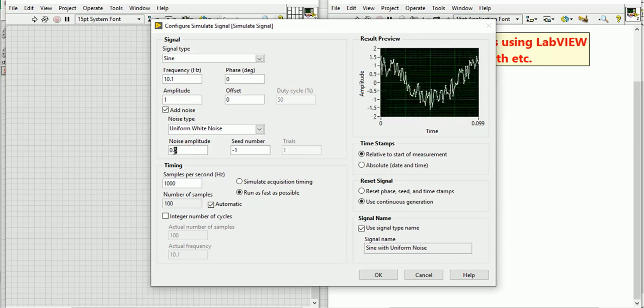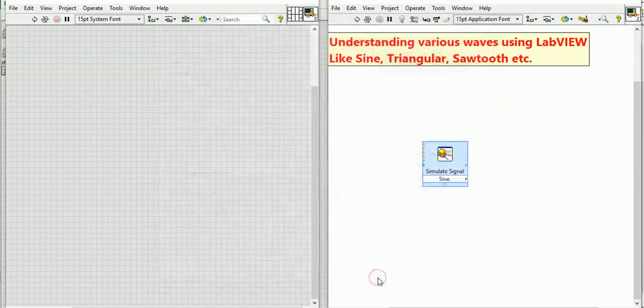You can also put 0.1, and you can see the noise level is reduced compared to the previous one. Okay, so first I will click OK here, and this is the simulated signal.